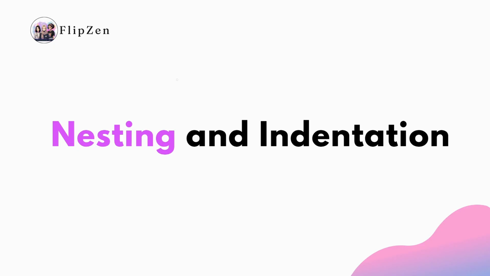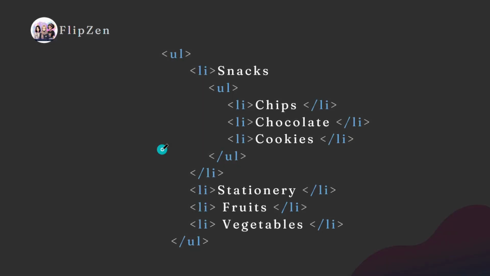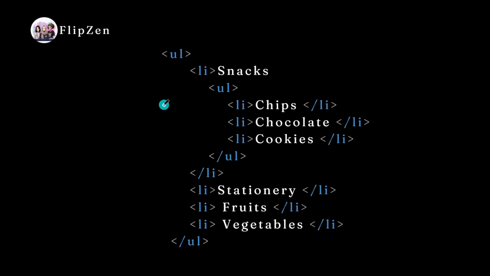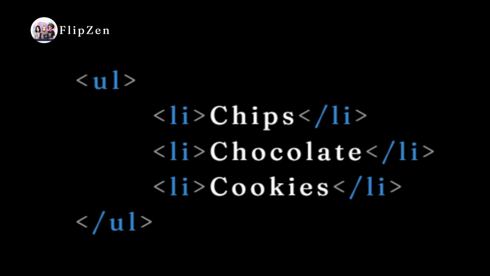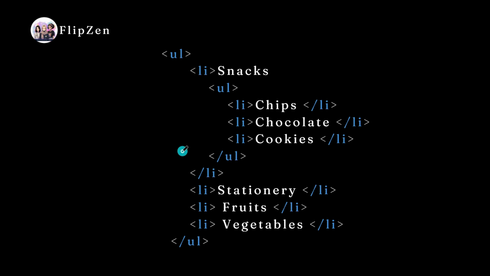We have learned how to style bullet points and numbering using list attributes. Let's take it one step further and talk about nesting elements inside each other. For example, we saw that we could already nest the list elements inside an unordered list, and you would see it indented like this. But we can actually go a step further and nest a list inside